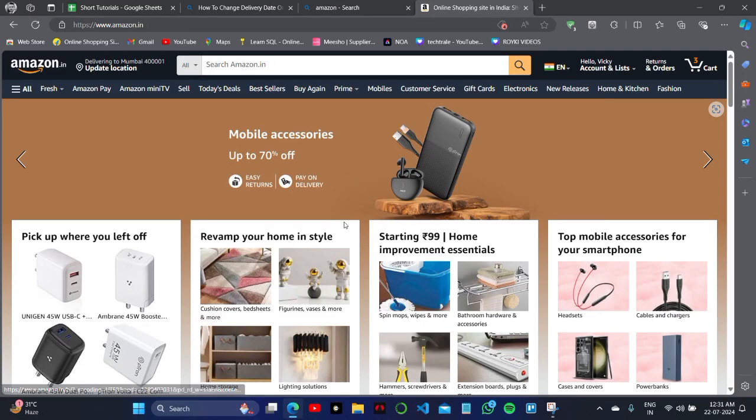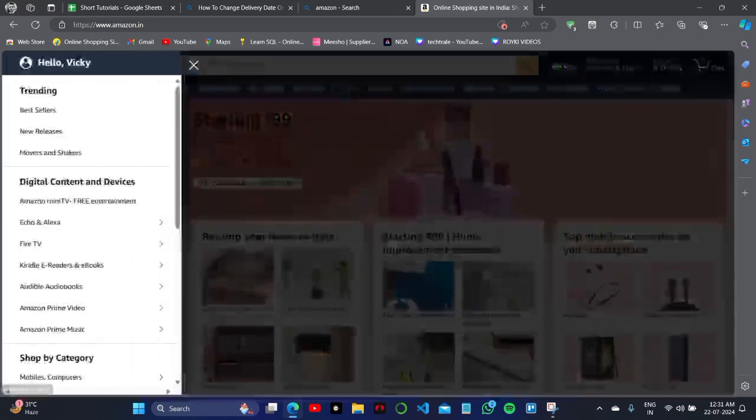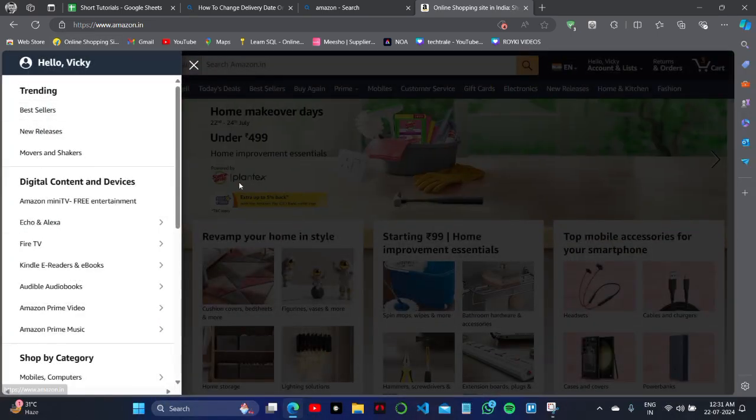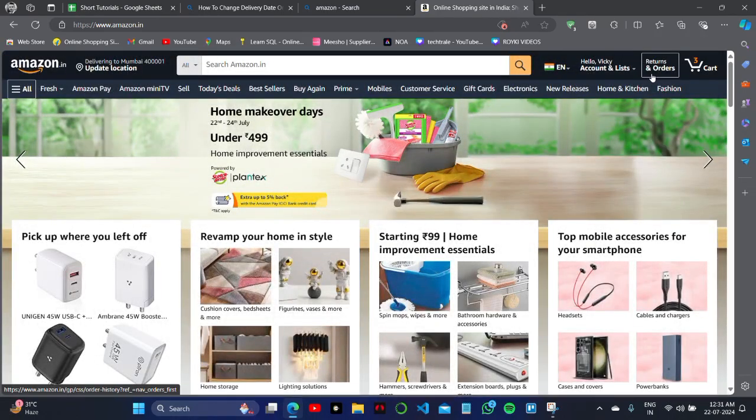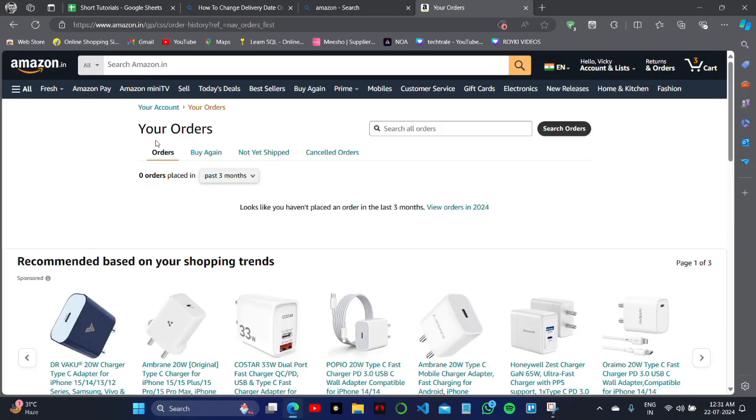I have logged into my account now, and I will simply click on my account or my profile option to see my order and my updated orders from this menu. Now this is my profile, and I will go to my order section and show you that there is no active orders right now. But if there is an active order of yours, then how you can change the delivery